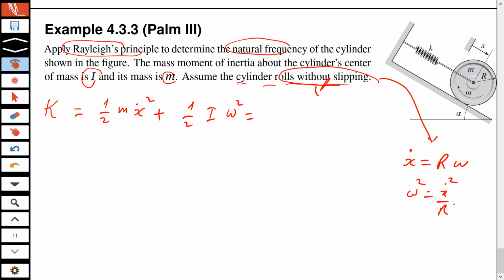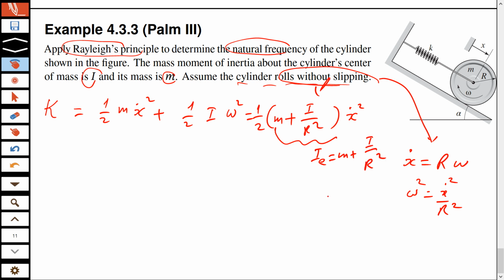So omega squared must be equal to x dot squared divided by r squared, which means that I can now take x dot squared and half common. So I'll be left with m plus I divided by r squared. Okay. For simplicity, I can just write IE, and later on I will replace this with this expression. So writing IE initially will be easier for me. Potential energy